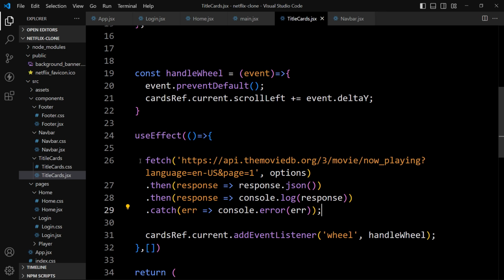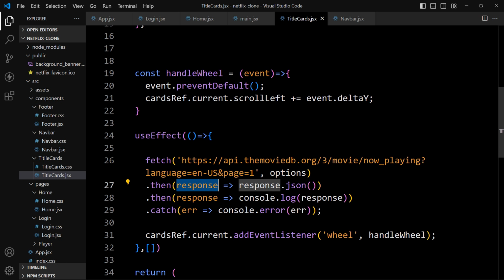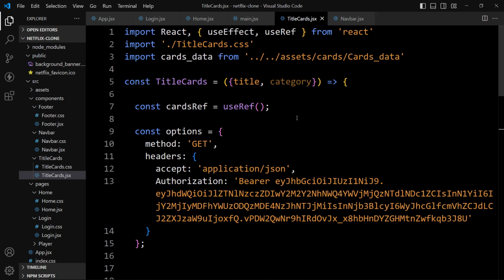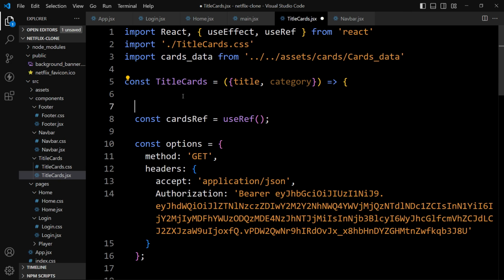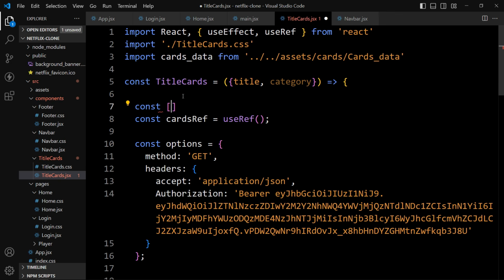Now we are getting the data from this fetch request and we will get the response. So using this response we will store the data in our state variable. For that we will create one state variable. So here before this let's add const and the variable name will be apiData.